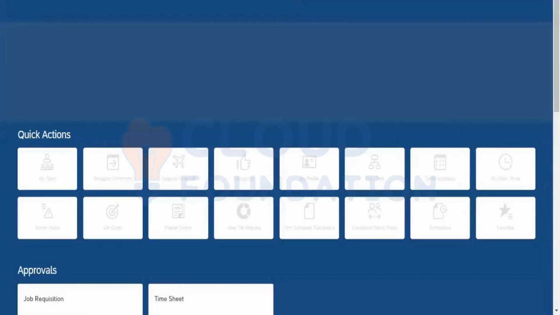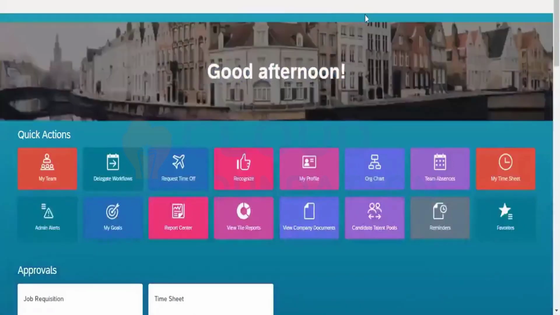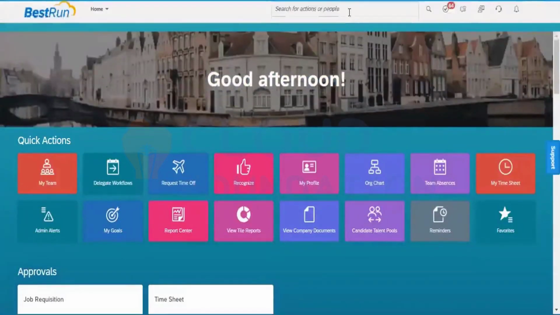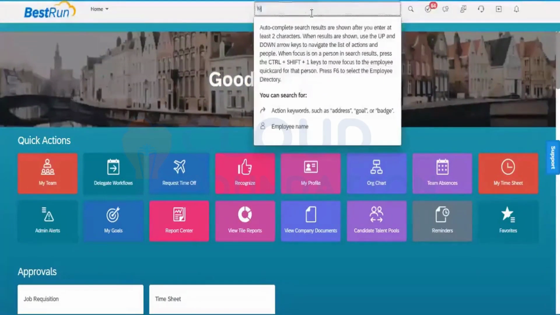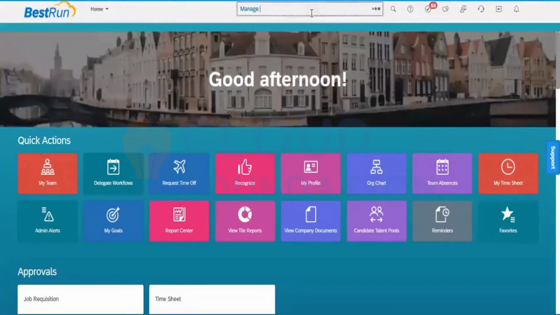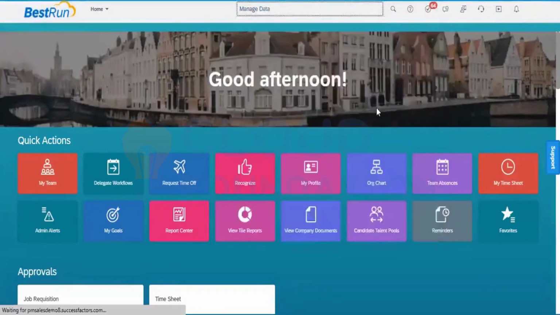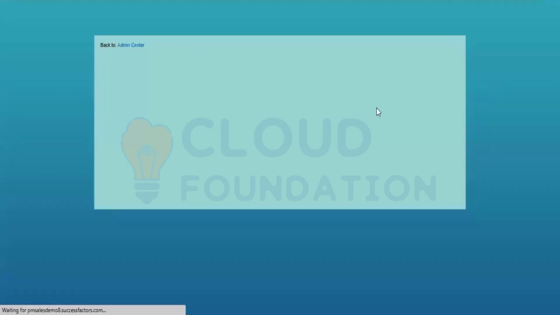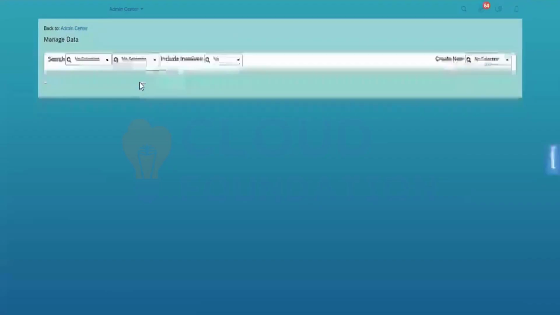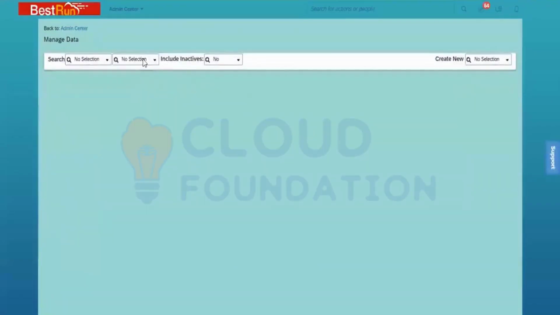So I'm going into the home page. The configuration tool which I'm using is manage data. So I go to manage data. After clicking on manage data, I can see the search options, number of records, and if you want to go and create a new one.